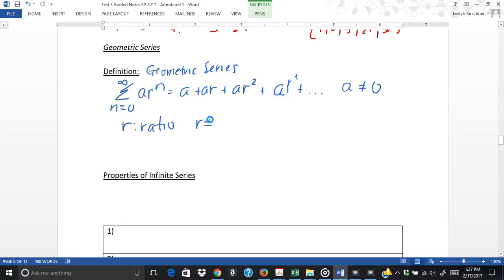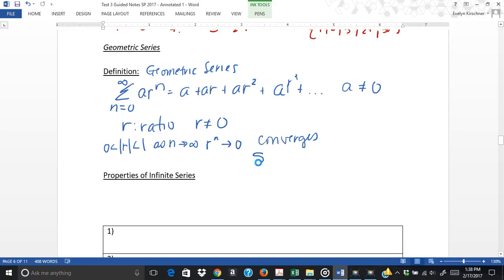So of course r doesn't equal 0 as well. So think about it. If I multiply by a number, if the absolute value of r is less than 1, so if r is between -1 and 1, every time I raise it to a power, it's going to get smaller. So if that's true, then as n goes to infinity, r to the n goes to 0. So that means it converges,